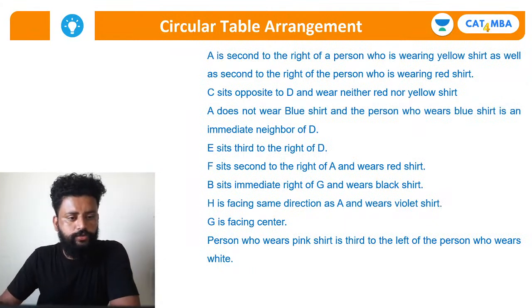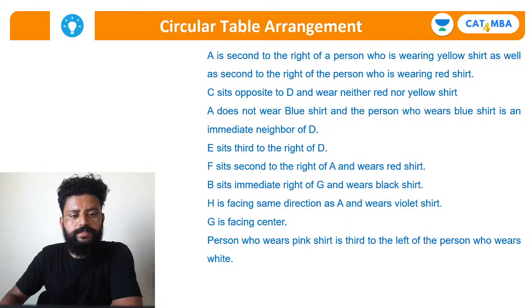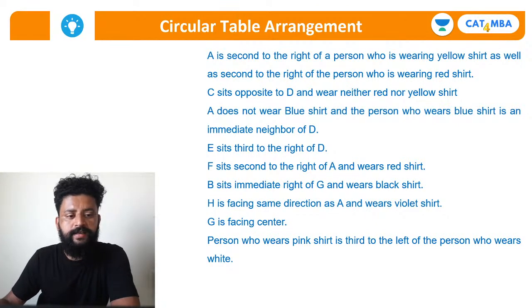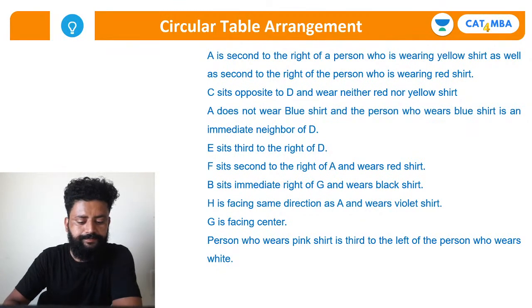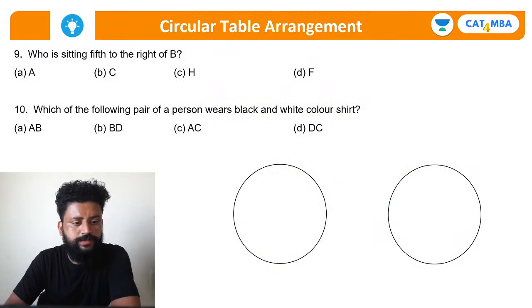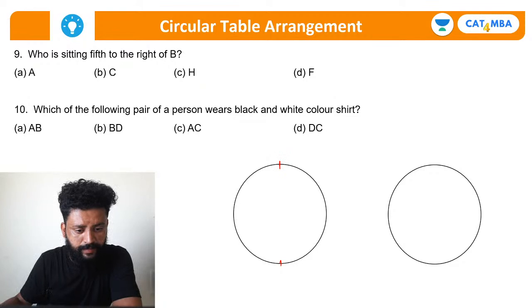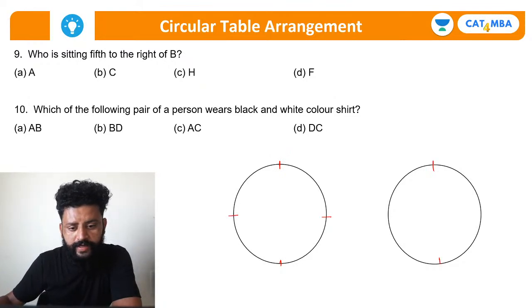Okay, A is second to the right of a person who is wearing a yellow shirt, as well as second to the right of a person who is wearing a red shirt. How is it possible? Because some of the persons are facing center and some of the persons are facing outside. So A is second to the right of a person who is wearing a yellow shirt, as well as second to the